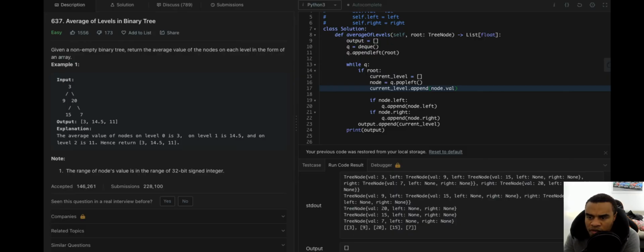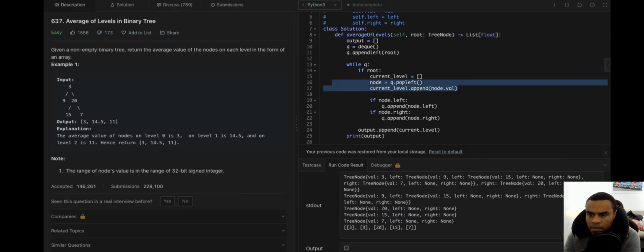The node value. So if we think about it, the whole level needs to be appended first, and we have a current level, right? This is doing one by one, so I think it's just ordering, that's the problem here. We have our node equals q.popleft, right? We have a current level is this.